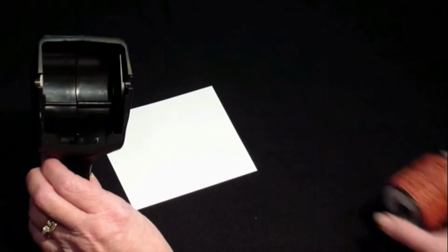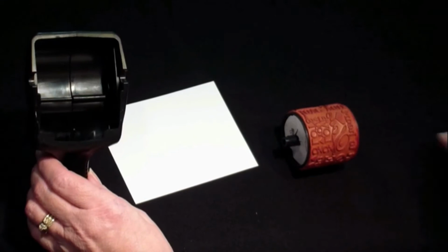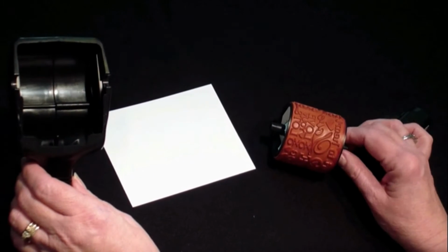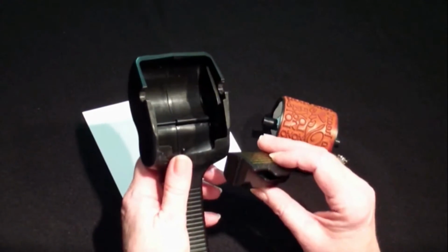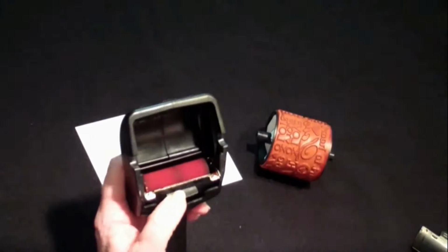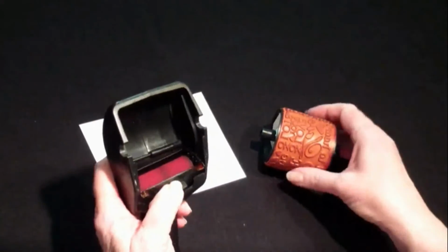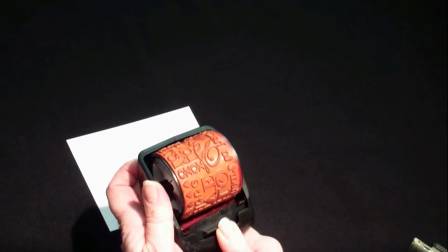I'm going to use our jumbo wheel I Love, and I could roll this over my ink pad to get my background, but because I want to do several stripes with this, I'm going to use a cartridge that I have already inked up with Stampin' Up Really Red re-inker. I'm going to place my jumbo cartridge into my handle. I'm going to push up